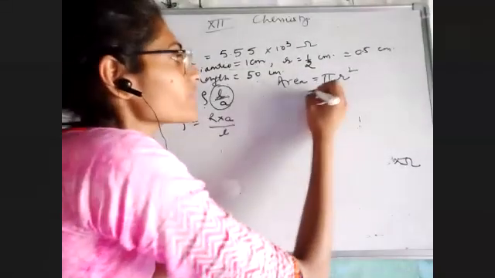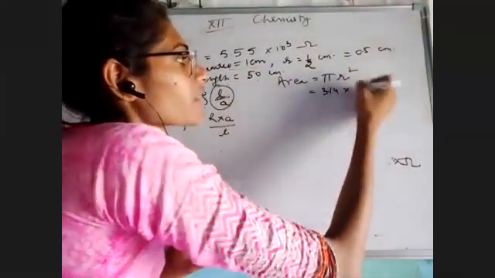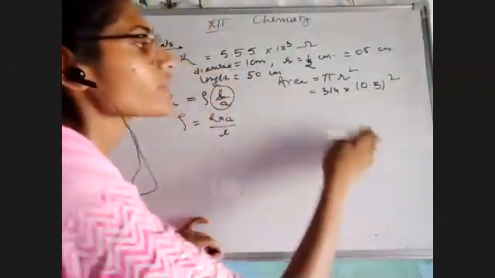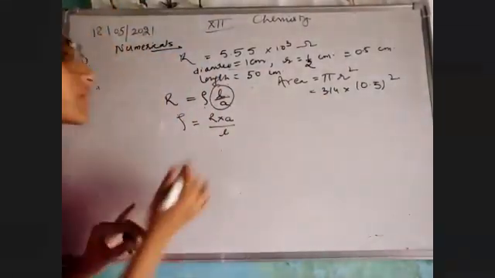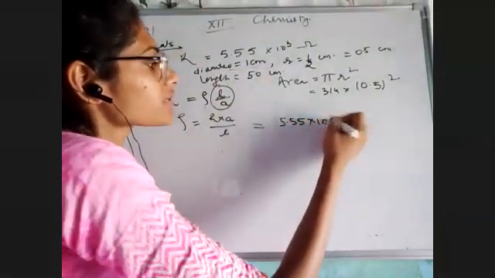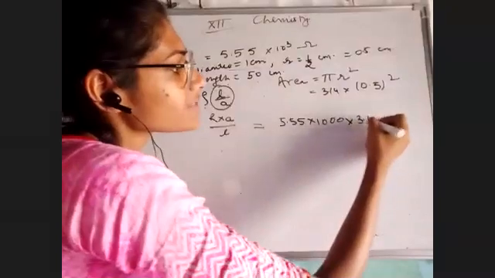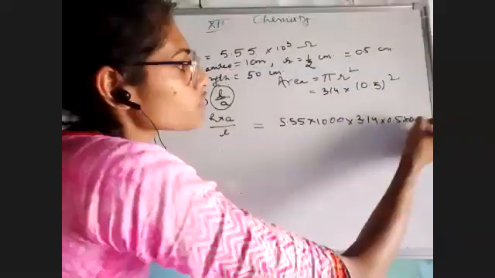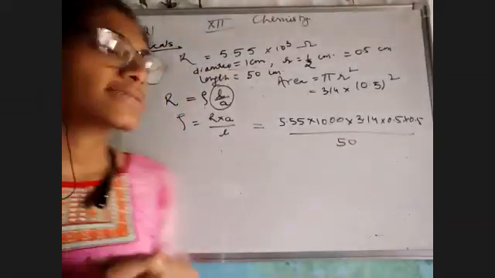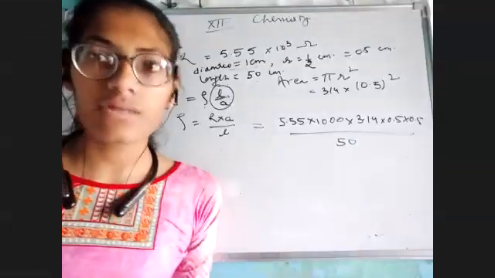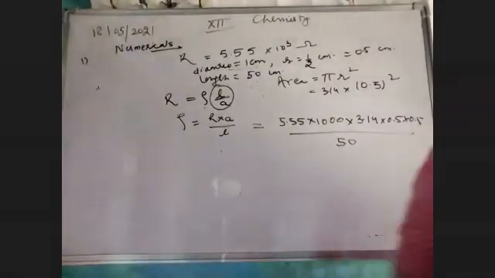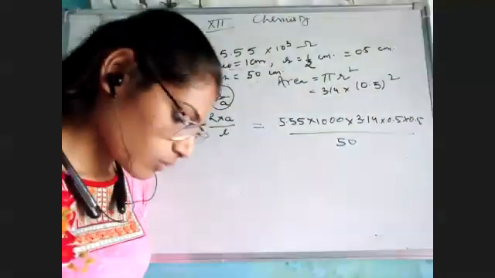Okay. So pi we have been provided, suppose 3.14. R we have been provided with 0.5, the whole square. And in this way, we can calculate easily the area. So rho would be equal to 5.55 into 10 raised to power 3, that is 1000, into A, that is 3.14, into 0.5, into 0.5, divided by 50. This is known to be resistivity. Okay, you can easily calculate it by solving it. I would just simplify it with the answer, 87.135